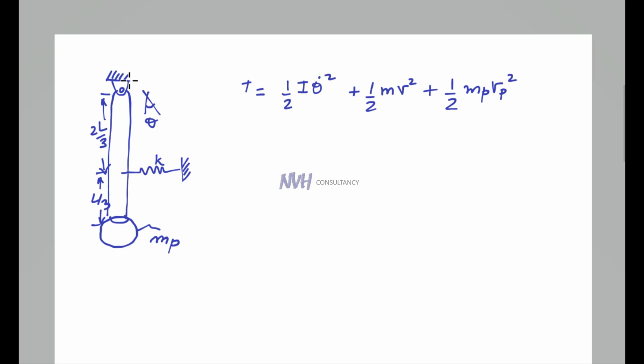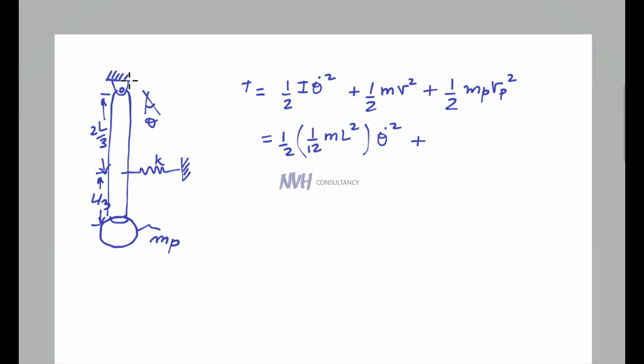So you know that for the slender rod, I is equal to 1 by 12 ml square, right? And then you have theta dot square, plus